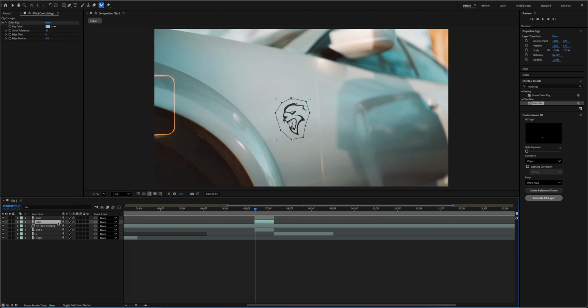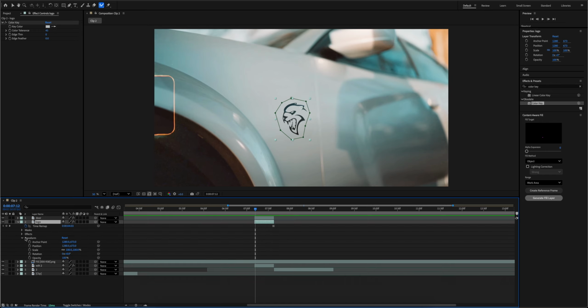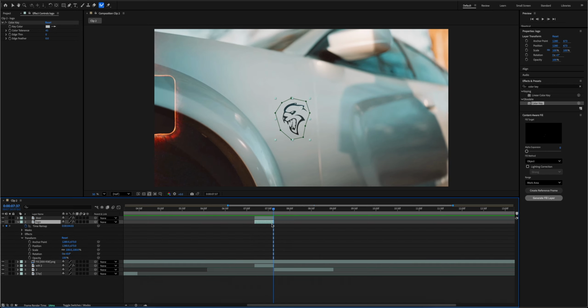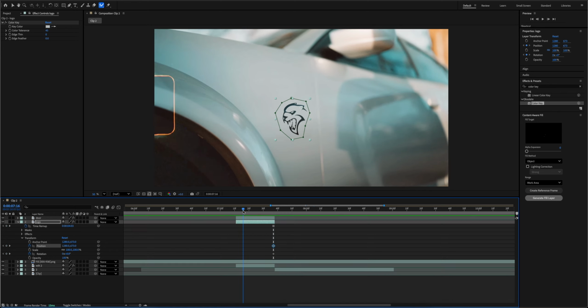Then what we can do is go to our logo and down to transform, line your cursor to the end of the clip and keyframe rotation and position, and then go to the start, adjust the rotation slightly to around there, I'd say, and adjust the position so it is behind the rotoscope of the door. Push the rotation a little bit more, so I say around 90 degrees, and then select all your keyframes, right